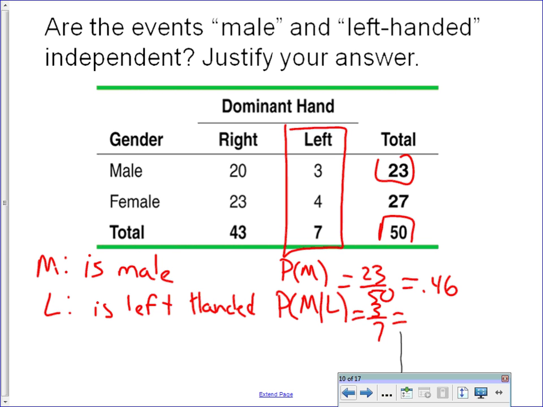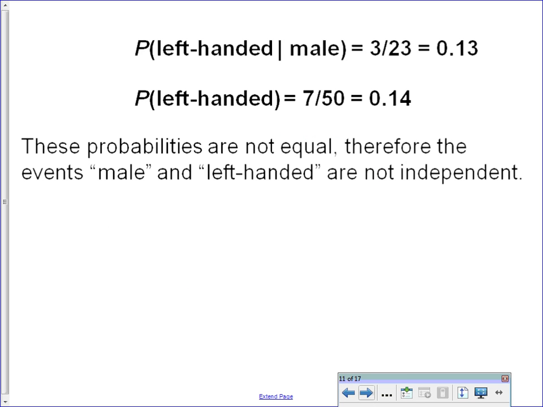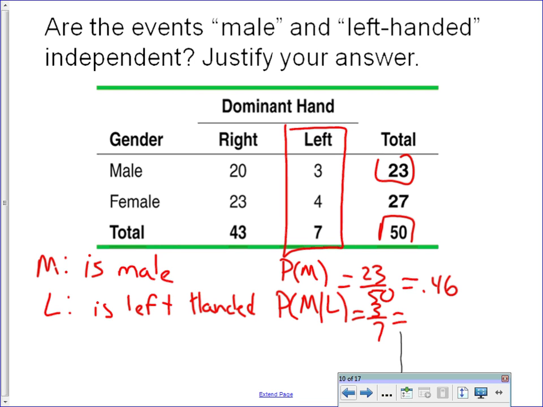they went about a different way. They did probability of left-handed and probability of left-handed male, and those aren't equal. But these aren't equal either. 3 out of 7 is 0.428. Now they're close,